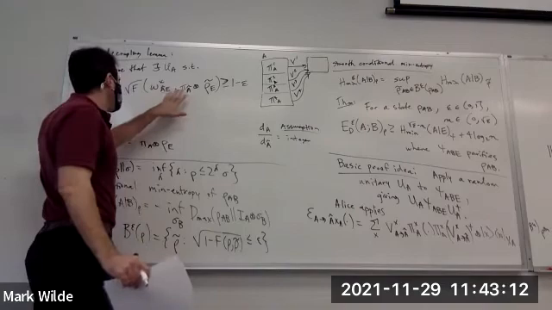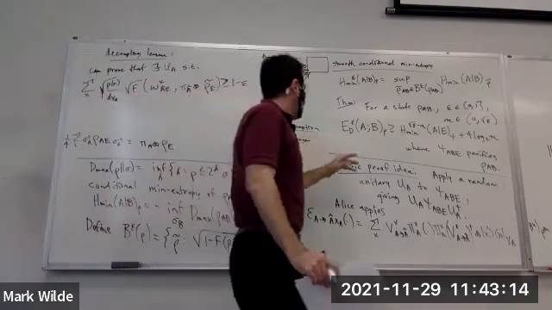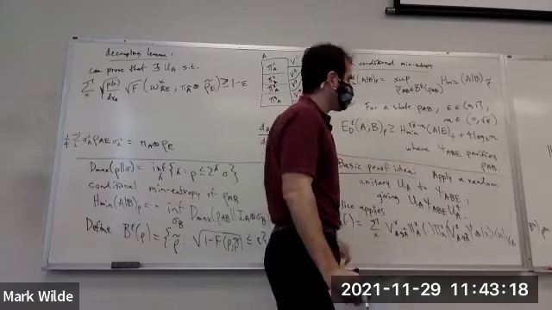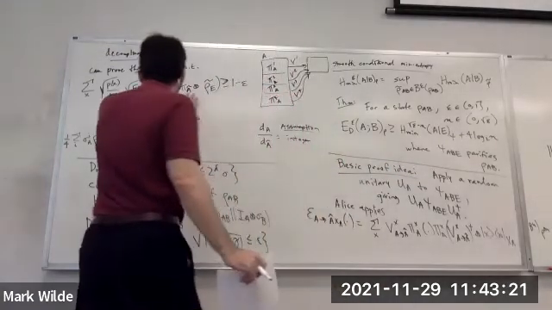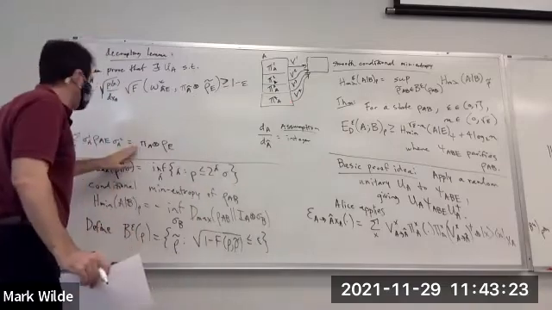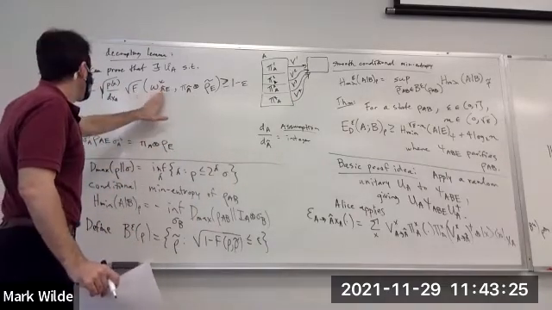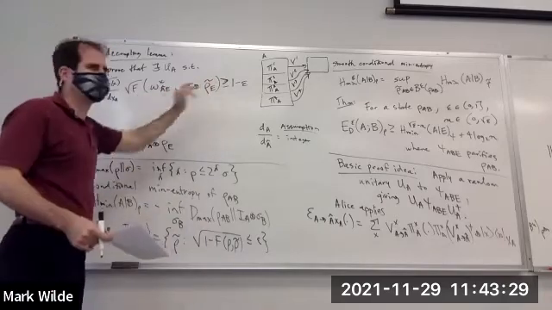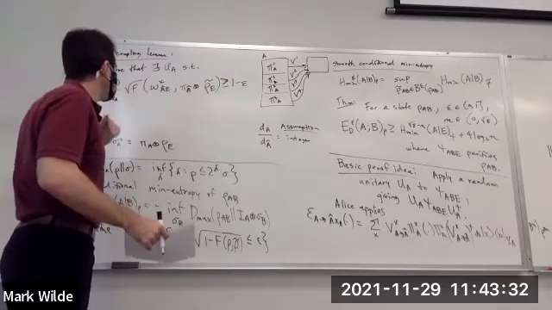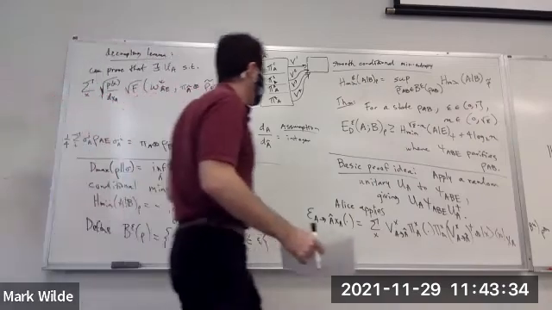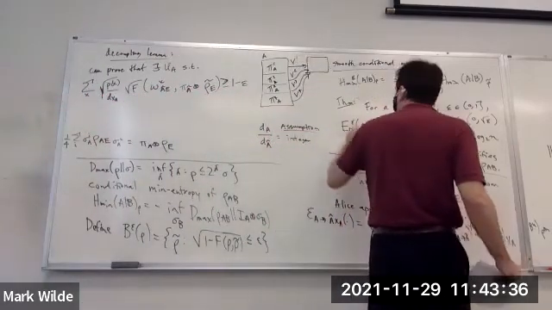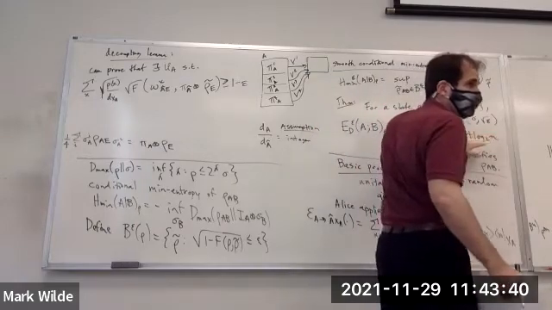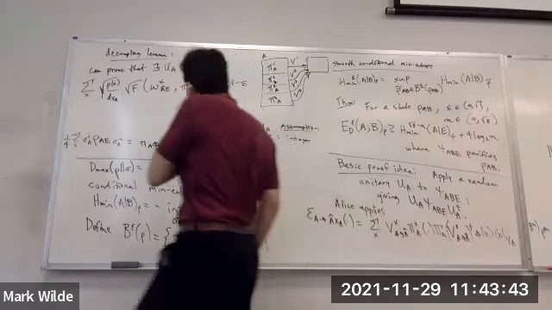And what you're doing here is pretty analogous. But in the statement here we have an exact equality, whereas here we have some wiggle room with epsilon. And then for this to happen, we needed the log of the dimension of the target system to be this large to get a good decoupling.